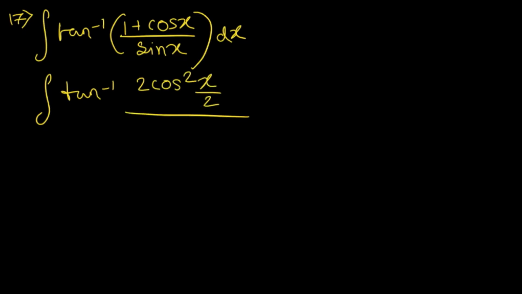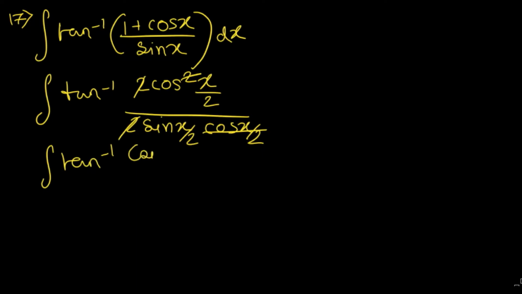And sin x we can write, considering x as 2 times x by 2, using the submultiple angles formula as 2 sin x by 2 cos x by 2. Now fortunately the cos x by 2 term cancels with one power of the square of cos x by 2, and the 2 in the numerator also gets cancelled. In the numerator it comes to be cos x by 2 and in the denominator sin x by 2.